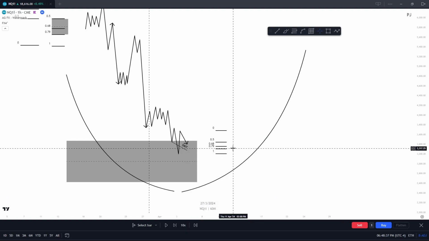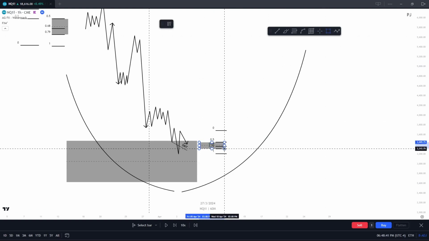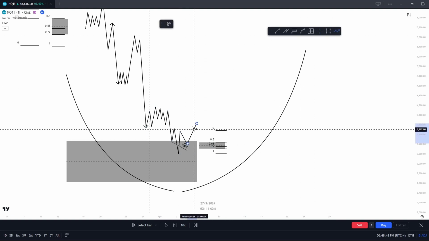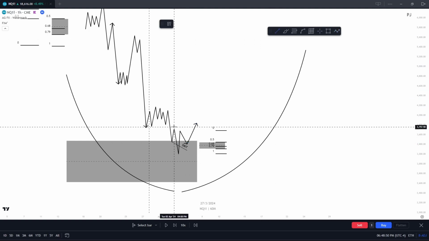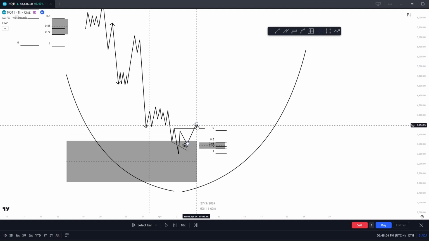We can see a retracement into our golden pocket area, and then a run higher, forming the breaker, and past this key high,